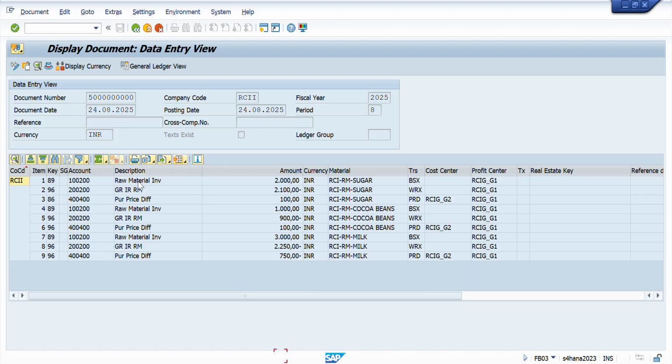The profit center is derived from the material master, right? So you must be wondering, okay, I will explain about the document splitting later. As of now, you remember that the profit center is coming from the material master, the cost center is coming for the purchase price difference line from the OKB9 that we have set. Okay, so that's all about the